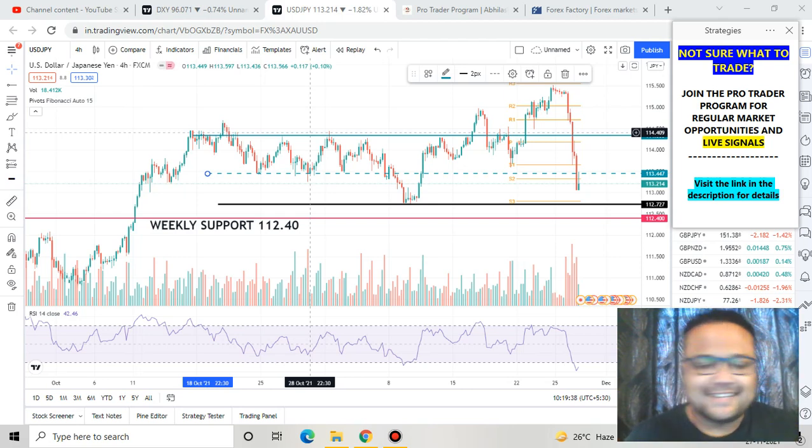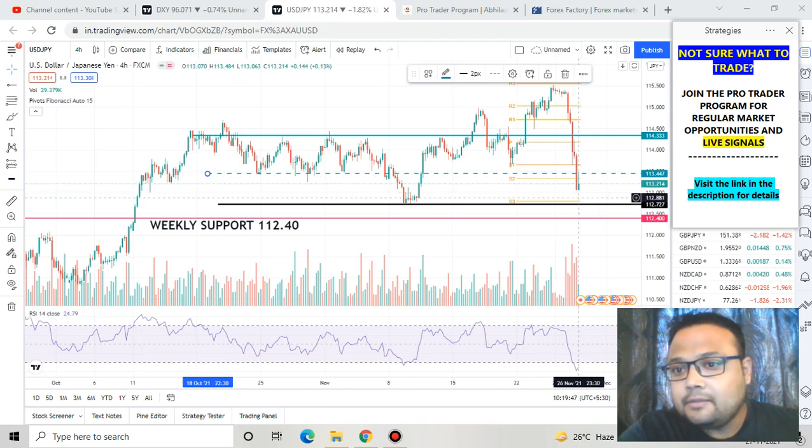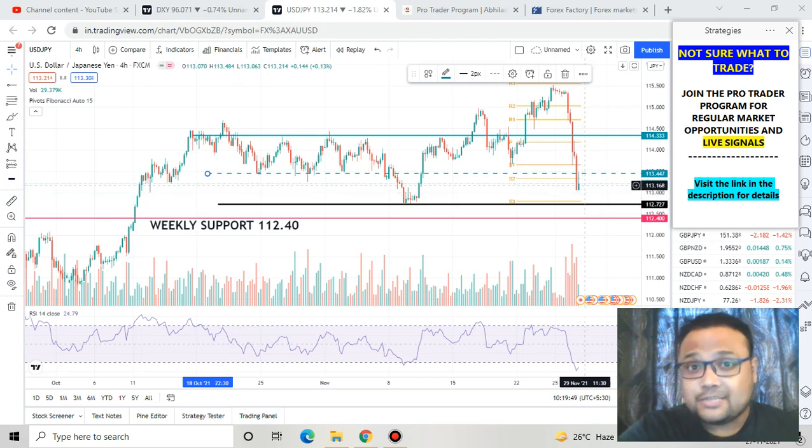So let's get started. This is the Forex chart of USD JPY in front of us, and the last traded price, LTP, is 113.21. This is the LTP, last traded price, and we all know that yesterday we had a huge fall on